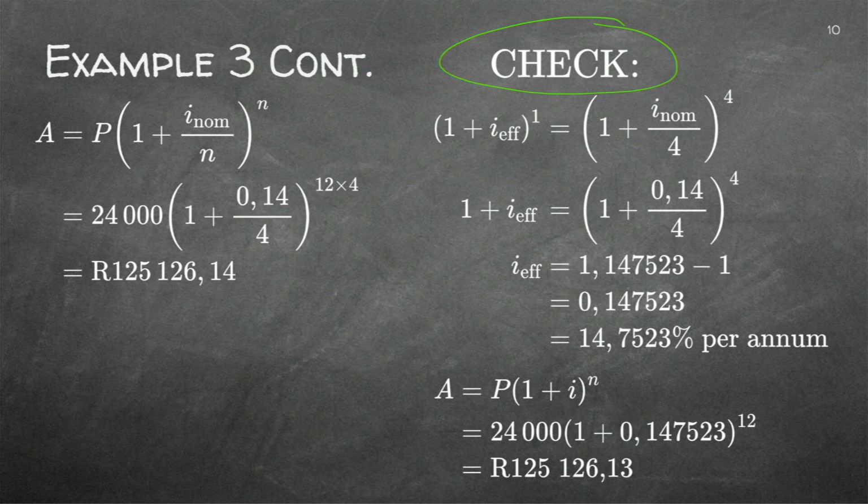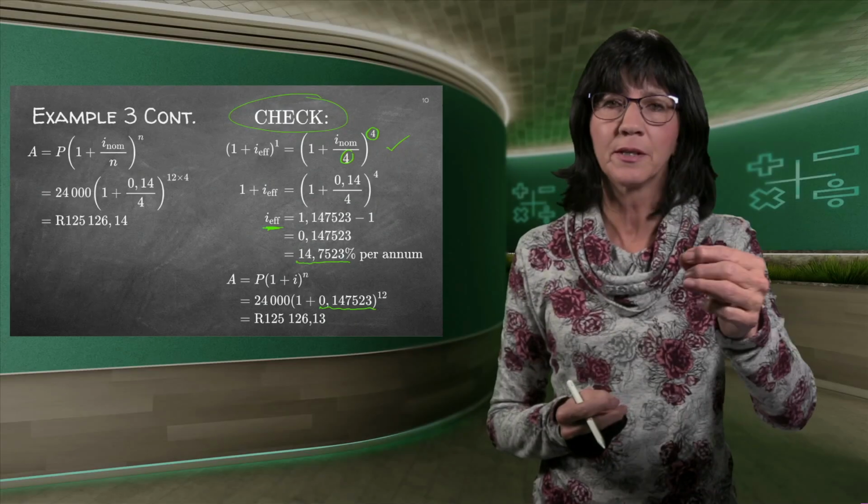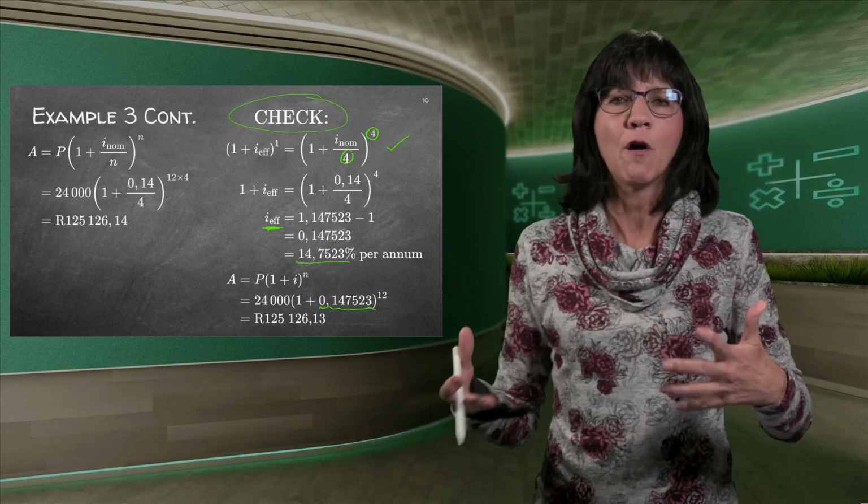You are not going to do the check unless you've got lots of spare time at the end of an exam or test and you can just go sit and fiddle. Then you can check. Here they changed it to effective interest rate. So they used the normal formula there for effective. You see it's quarterly, so it's 1 times 4, because remember, if you use this formula it's always only for 1 year. I'll go back and make that note. And then you get the interest rate of 14.7523%. So if you now take that interest rate here, instead of dividing by something, you will get exactly the same answer. There's just a comma something difference because we are rounding off at places.